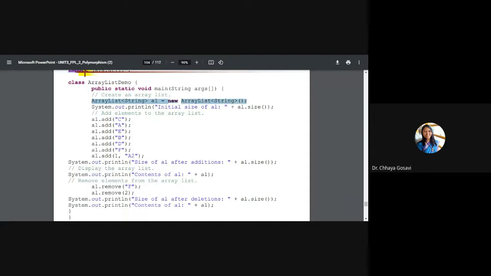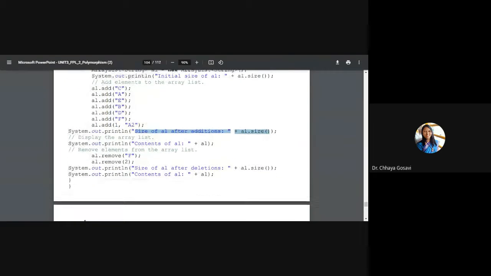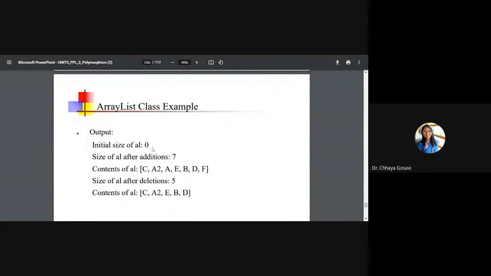So this is the array list of string. We have seen this. Initial size is 0. We added capital C, A, E, B, D, and F, and added new element A2 at first location. So the size of AL after addition is, this will be the output. Initial size is 0, after addition is 7.